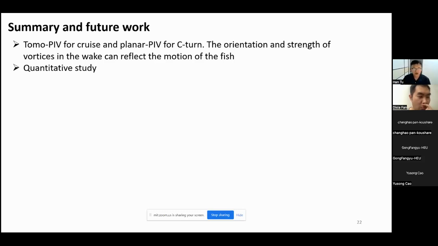I think they are maybe very highly correlated, and I'm looking for some people to do such a study, because there's another very nice saying: you can imagine the vortex in the wake is similar to the footprint when we walk on the sand. If we run very fast, the footprint is very deep. If we just walk, the footprint is shallow. So when studying the strength of the circulation of the vortex in the wake, we can in turn infer the condition